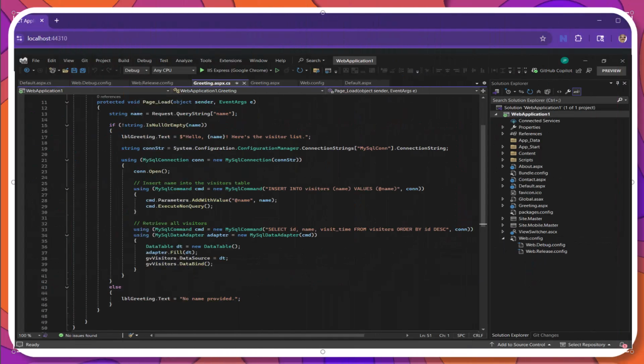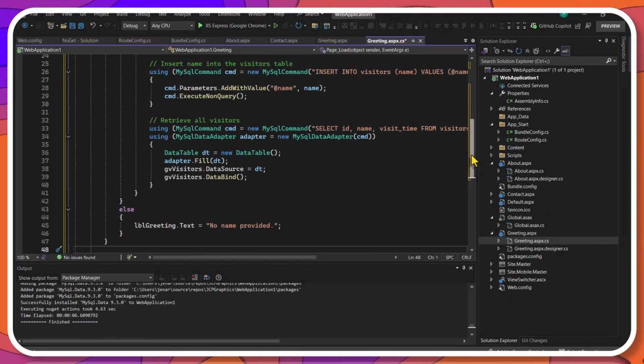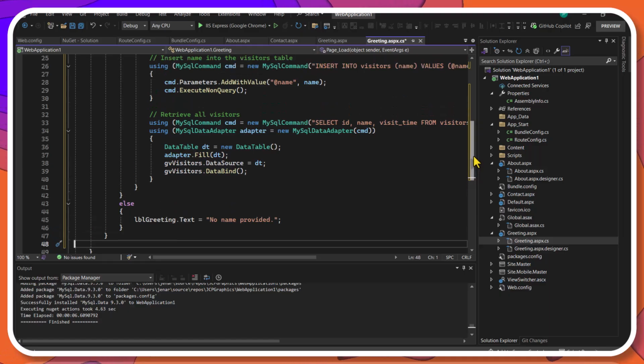As you can see from the code, the method Page_Load opens a connection with MySQL. Writes the visitor's info in the table. And finally reads all visitors in the table to display them in the grid view control. Page_Load doesn't use session variables anymore.